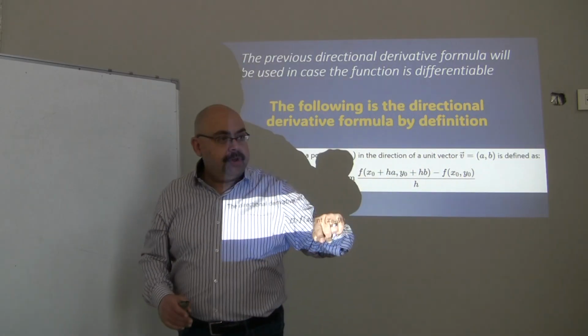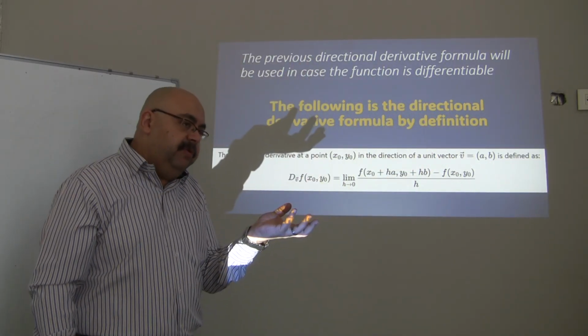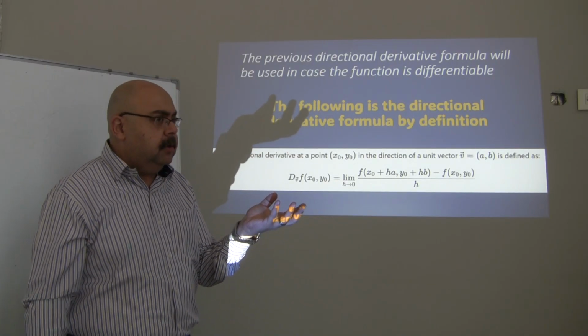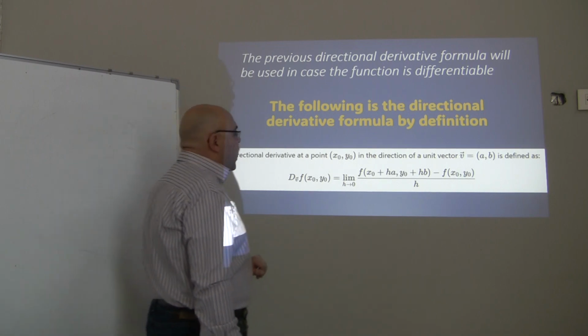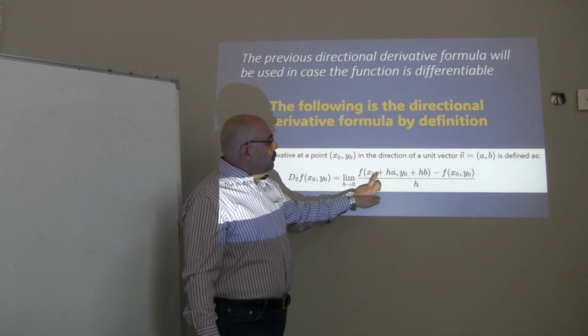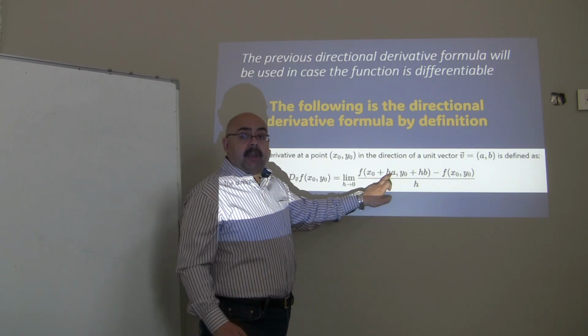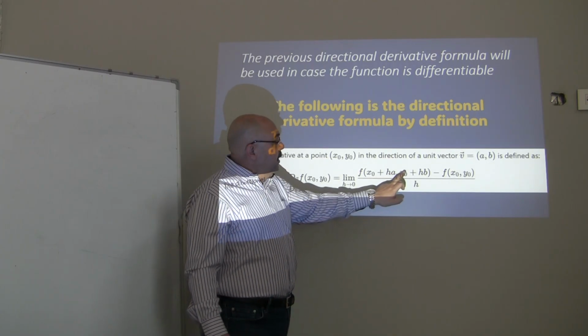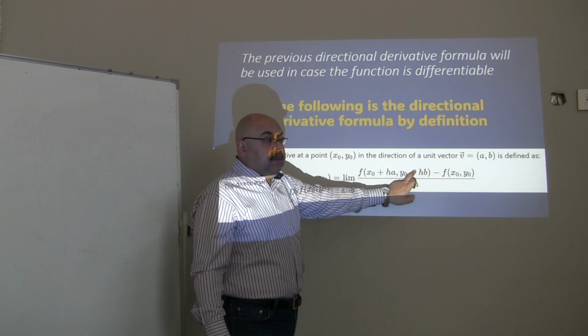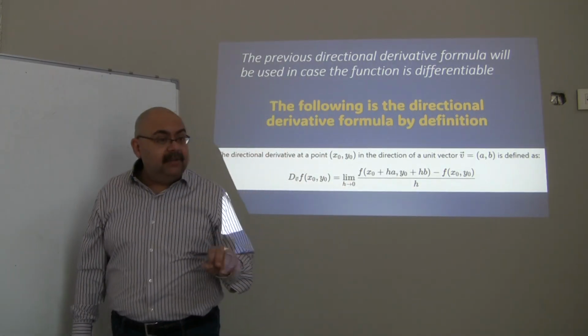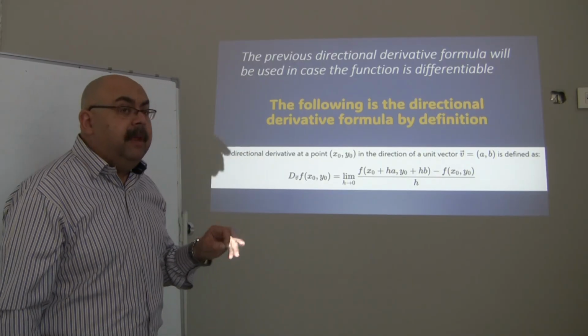So once more, you have the function in the palm of your hand. Now I will start making the substitution. I will replace every x by x naught plus h times a, and every y will also be replaced by y naught plus hb, minus the value of the function at x naught, y naught, and divide them by h and take the limit as h